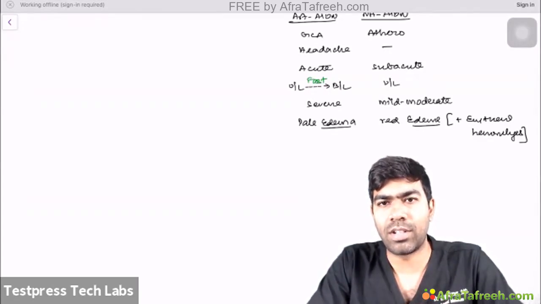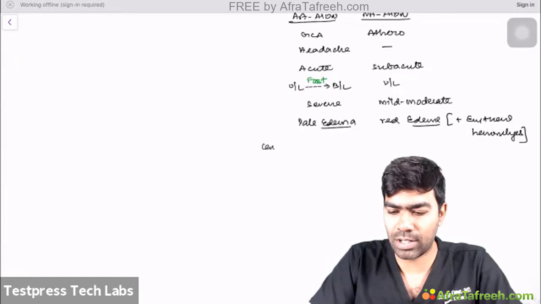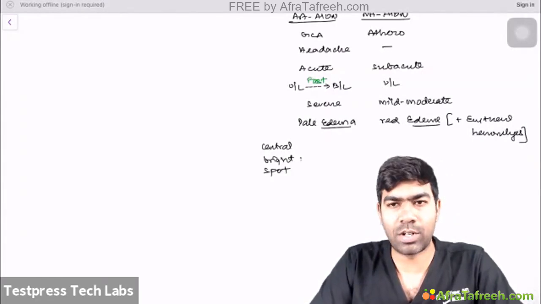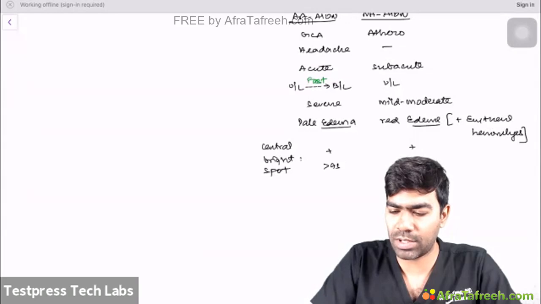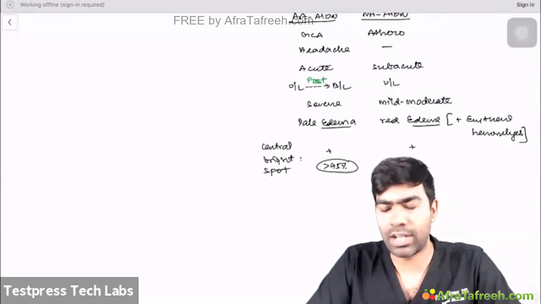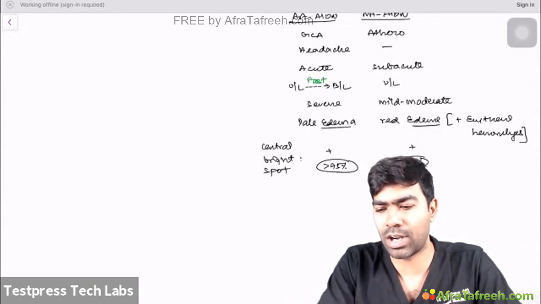And here there is something called the central bright spot sign. That's been thought to be one of the features of giant cell arteritis for sure. Let me show you what that is. That's called the central bright spot sign in MRI. The central bright spot sign is seen in both, but more than 95% of the cases of arteritic type of AION will have the central bright spot sign, but only 70% of the cases with non-arteritic type of AION will